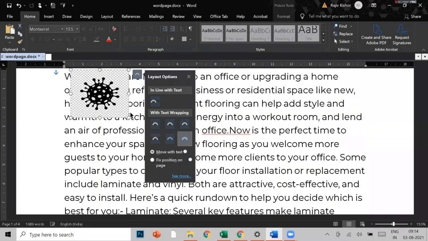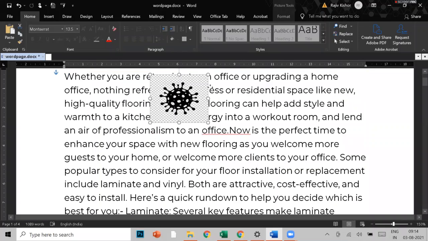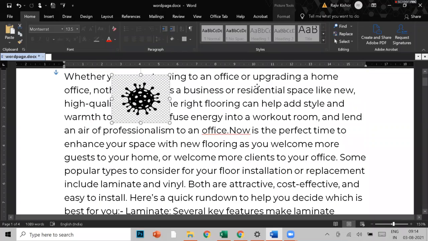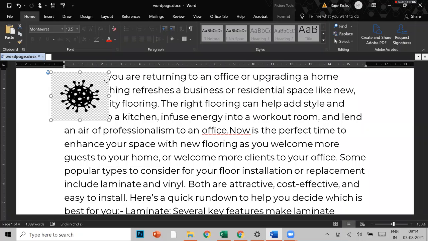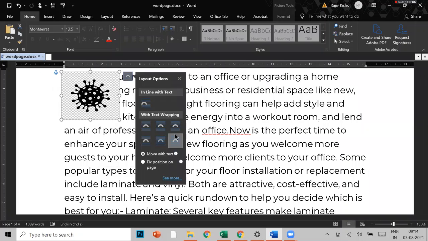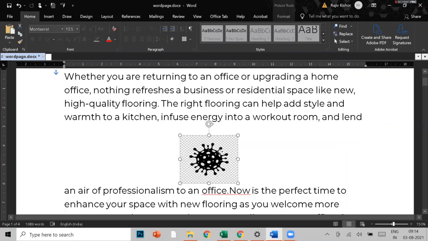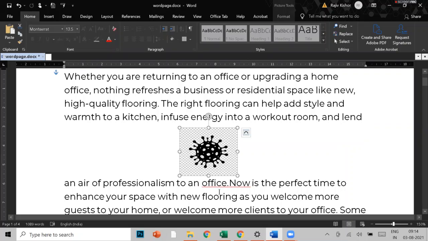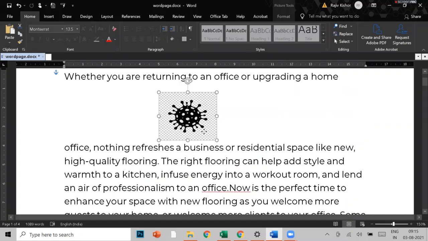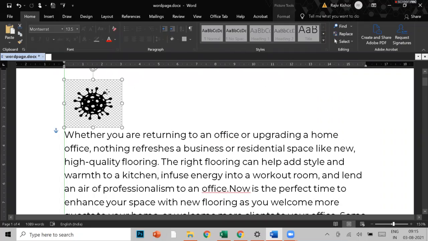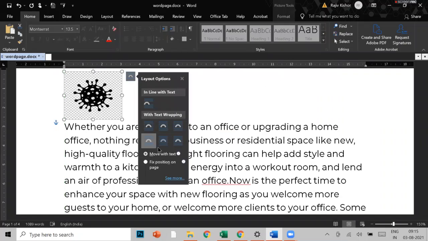In Front of Text means that the image will appear over the text, and you can even move it anywhere. So this is a very important option. You should know how you can put the image along with the text. So here text will appear above or below the text. Now you can see that you can change it. So this is a very important feature.